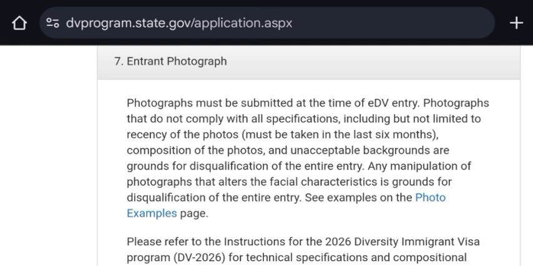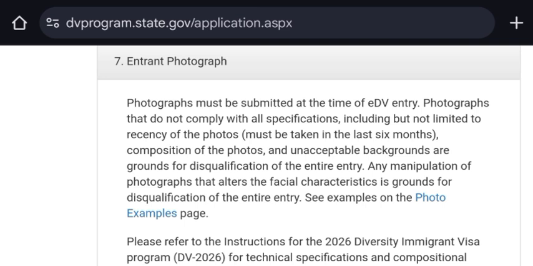Composition of the photo and unacceptable background are ground for disqualification of the entire entry. Make sure that your photo, passport photo, complies with all rules.